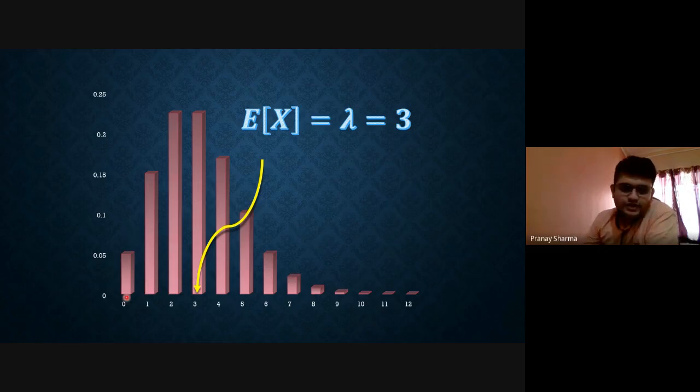If you want to calculate your median, you'll have 0.05. Let's assume this is 0.05. This will be a little bit higher, but see 0.05, then this becomes 0.15. So this is 2. And let's assume this is 2.25. So these three values added up come out to be around 0.45. So our 0.5 will be also 3. So very rarely we find the median for a discrete distribution, so you don't have to worry too much about it. I'm just giving you an idea.